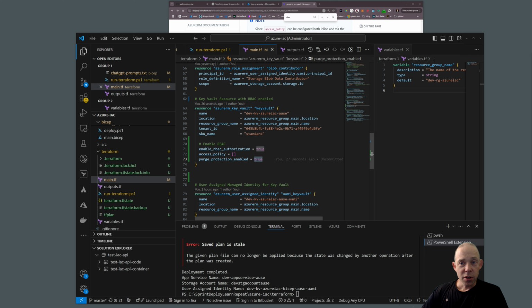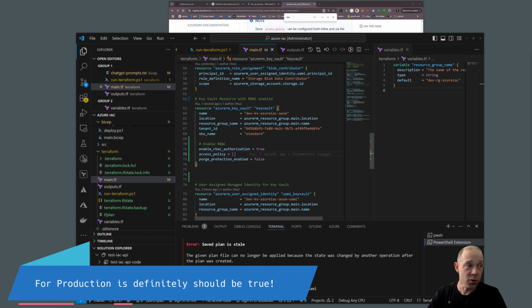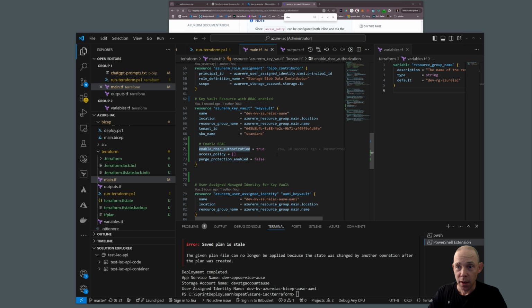This purge protection enabled is a separate problem. You want that to be false. That's important because if you ever need to delete the KeyVault, and in this case, I do need to delete it because you can't change the permission model from access policy to RBAC, you have to delete it and then recreate. And if purge protection is enabled, which I had originally, you can't delete it. So I'm going to go in and just give this a new name, dash terraform,